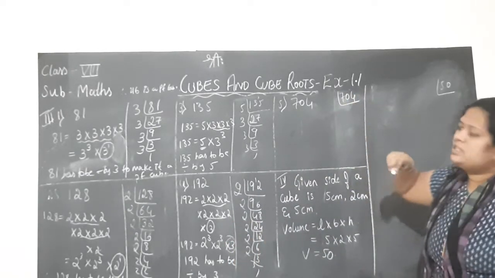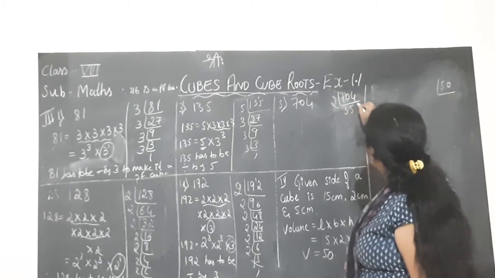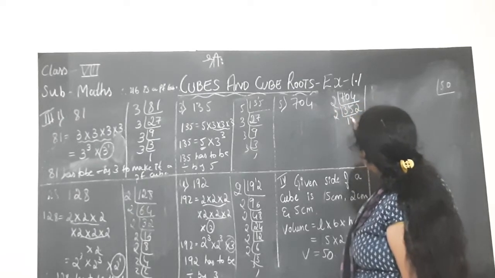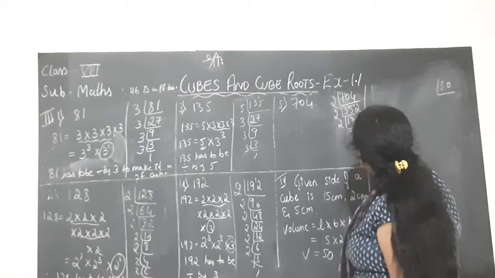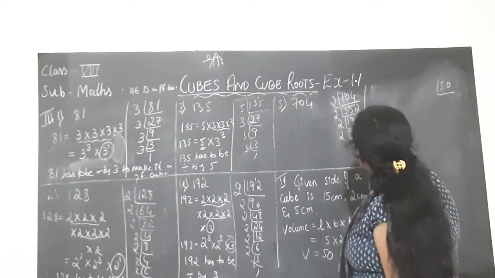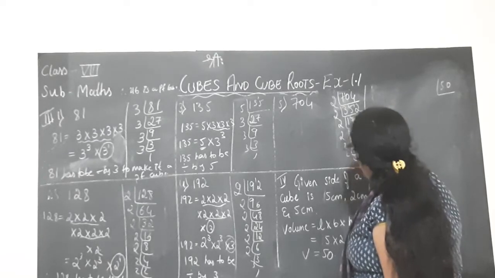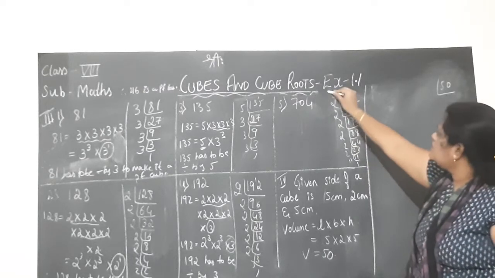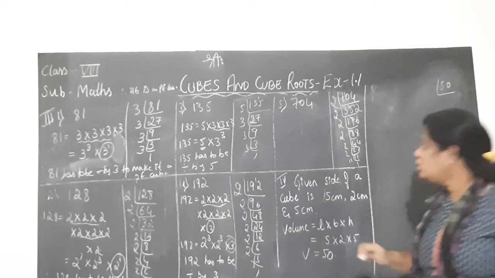Since 4 is there, I start with table 2. 2 3s are 6, 1 remaining, 2 5s are 10, 2 2s are 4, 2 1s are 2, 2 7s are 14, 2 6s are 12, 2 8s are 16, 2 8s are 16, 2 44s are 88, 2 22s are 44, 2 11s are 22. Hope you can see it, children, or you can do it. It is a very simple number. 1, 2, 3, 4, 5, 6 times we got 2.